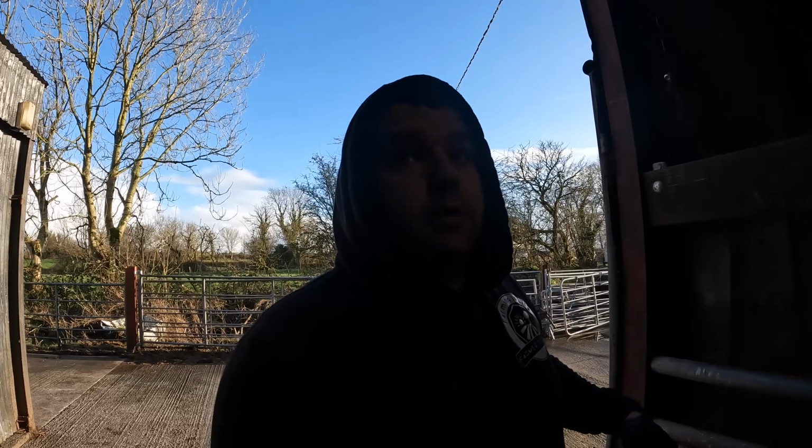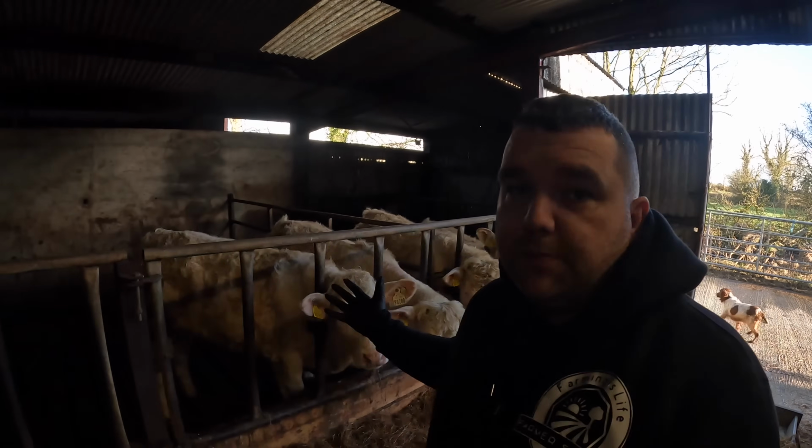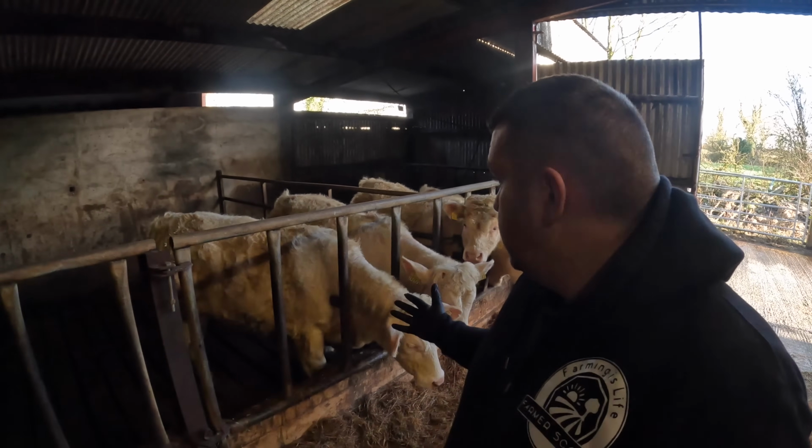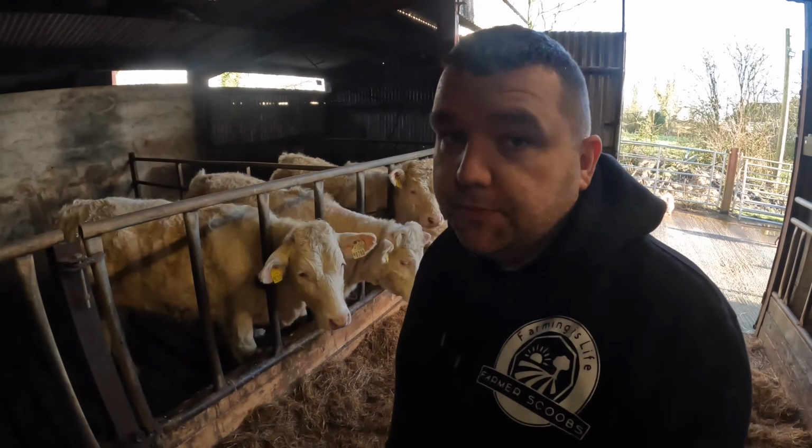So we're just going into the first shed here, our front shed. We do need a bit of light. It's quite dark. It'll brighten up in here in a second. As you can see, these pens are still the same way they were set up from before, our 2 heifers and our 2 bulls up there. But as we move into this back pen back here,